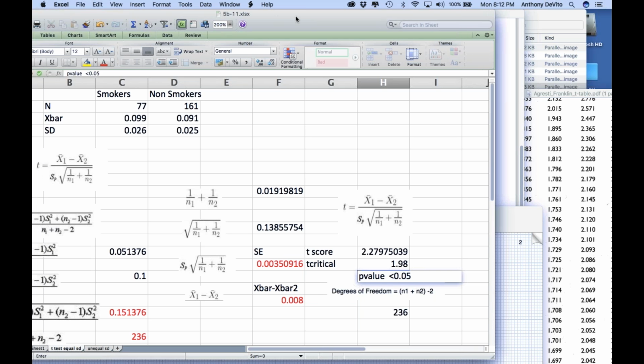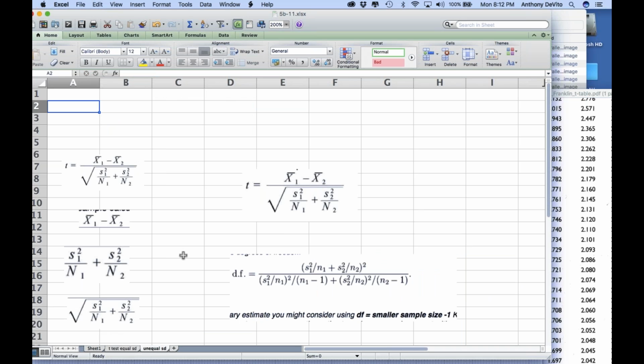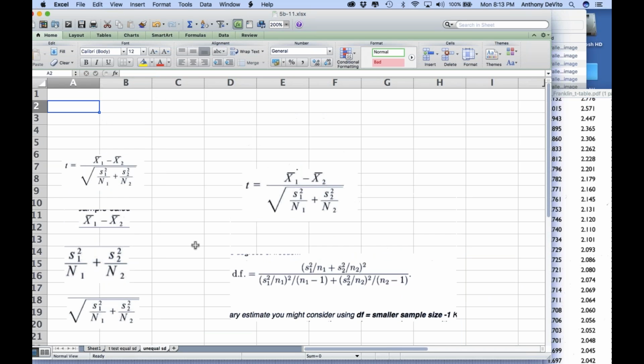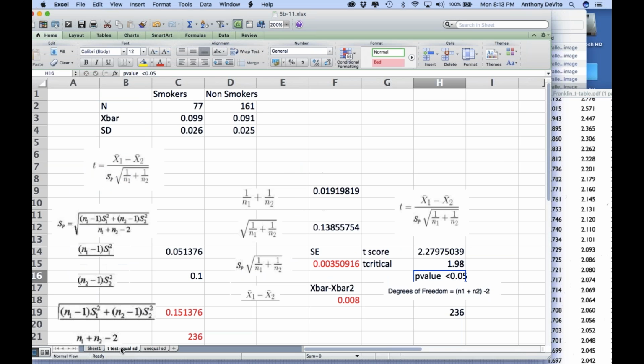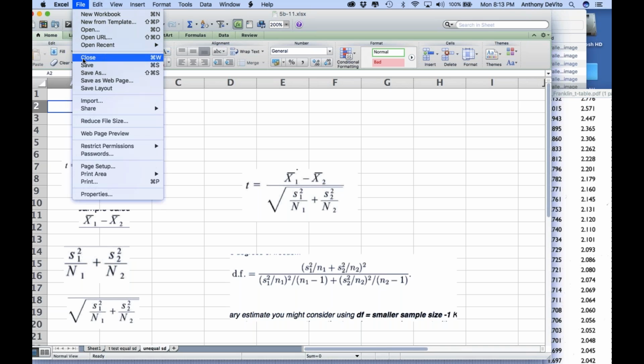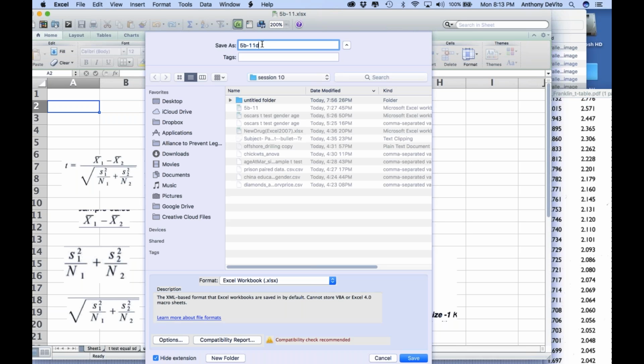Okay, I'm going to save this sheet right now and put it online. And I also have one on the other side, where if you want to do it for yourself, you can go step by step. This is this step, this is this step, to do it with unequal variances. Now, just because the right way to do this one is equal variances doesn't mean you can't give this a try with the same numbers over here and see if you get a difference. In fact, the means here are so far apart that you'll also reject the null hypothesis here as well. Save as